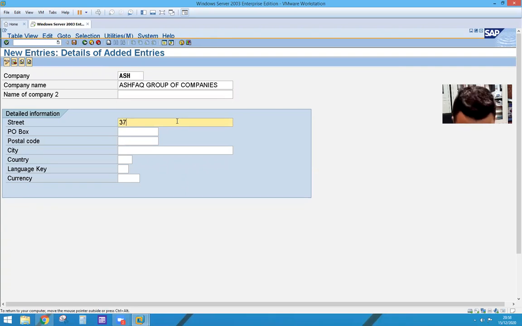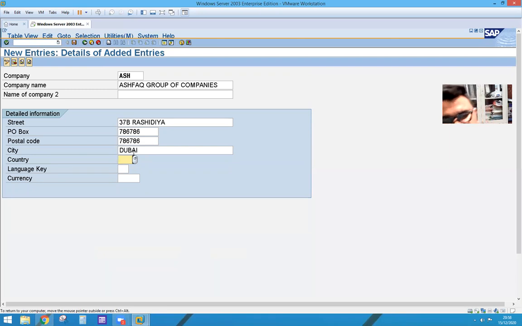Street can be 37B or whatever you want to mention. I will mention Rashidia. PO box 786 786. Any 6 digits you can give. City, Dubai. You can give Abu Dhabi, no issues.